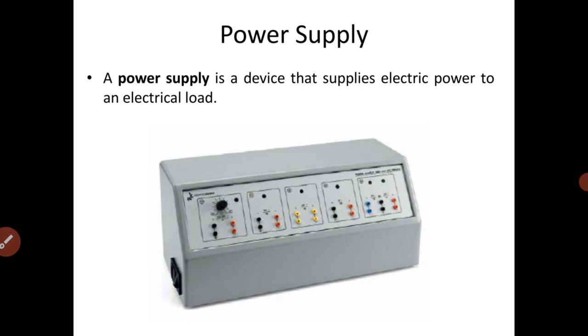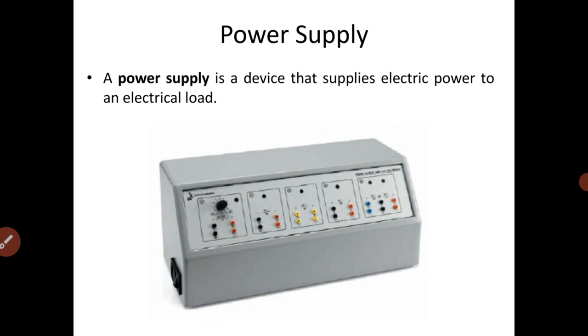This power supply contains the transformer. What is the use of transformer? Transformer is a device that converts high AC to low AC or high DC to low DC. That is the use of the transformer. Transformer also has two types, step up and step down. Step up means converts low to high, and step down converts high to